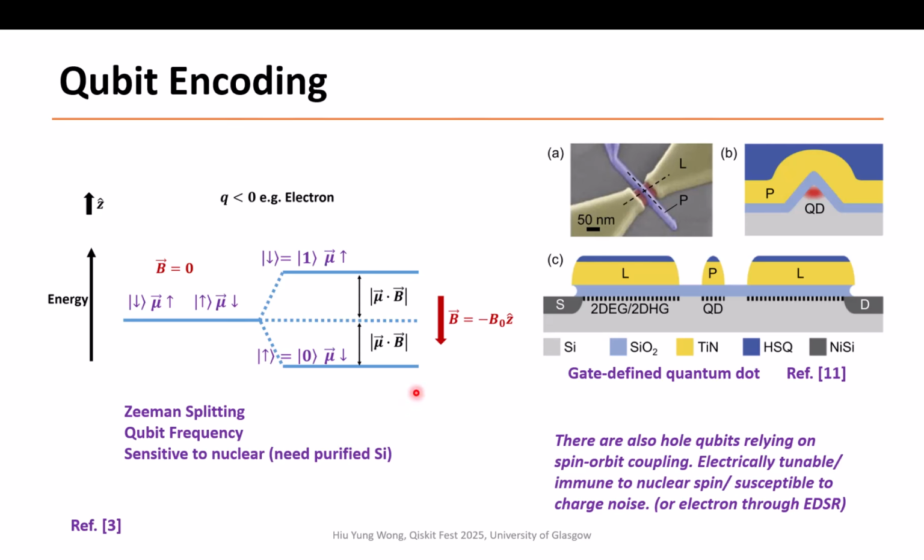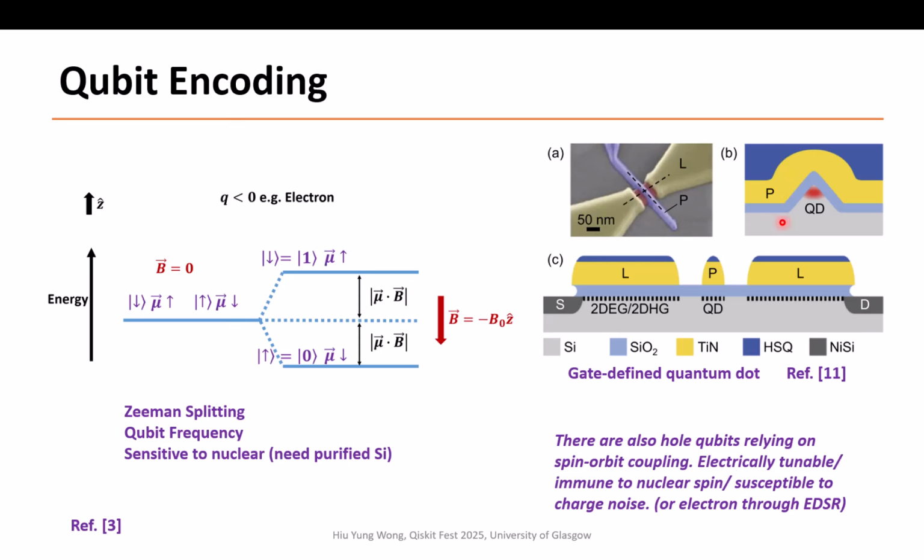And naturally, this is a 2-level system. Your qubit can be the superposition of spin up and spin down. There are many approaches showing that we can implement this on a silicon wafer by using a quantum dot. This is actually just a FinFET, if you have learned that before in semiconductor. This looks like a planar device. So people can just use the infrastructure that we already have in the semiconductor industry to confine an electron at